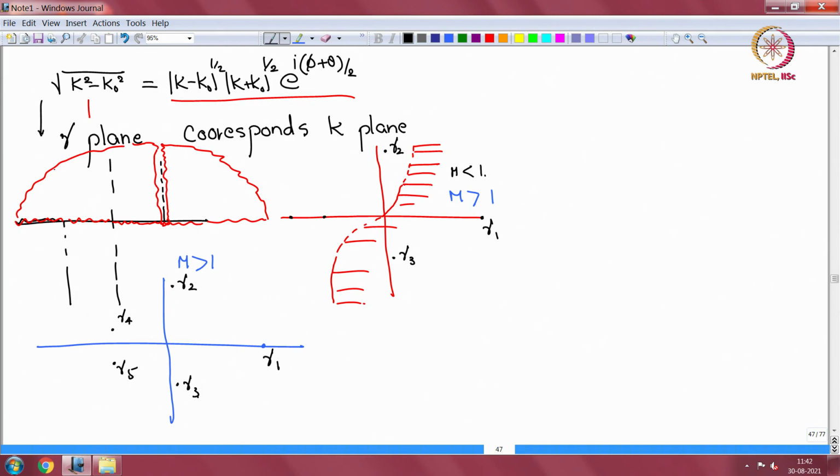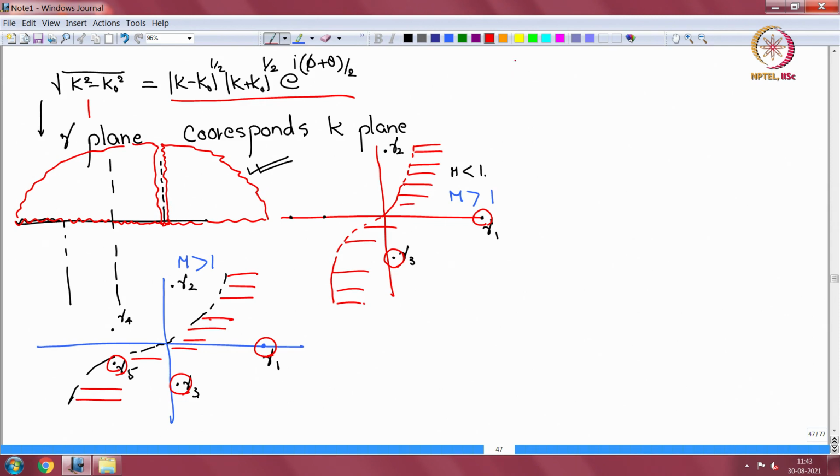And again, if I am moving in this fashion in the k plane with this cut, I will get a region in the gamma plane where I have to be again to the right here. Okay. So that means now these are the gamma roots that are valid, because they obey the causality. They obey causality. Okay. So now